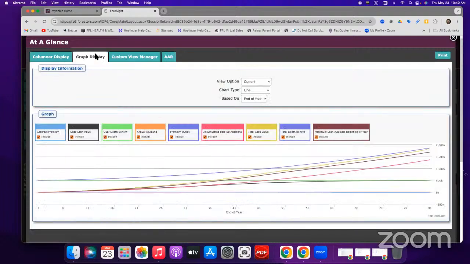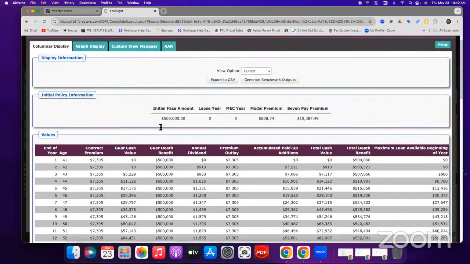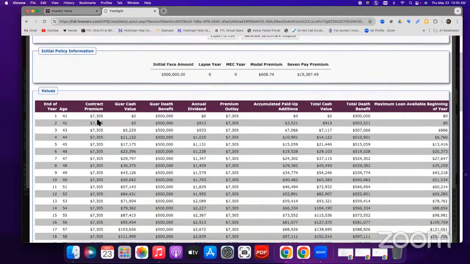Let's see. That looks about like your typical whole life. So you'll notice here, your first year you're putting in 7,305. Your cash value is zero. Your second year, you're putting in another 7,305, and you're guaranteed still zero, but now that you've put in almost $15,000, you finally have $913 of cash value, and your death benefit has grown a little bit,